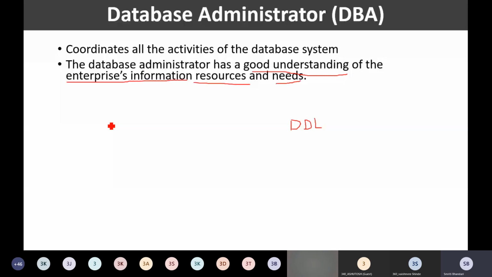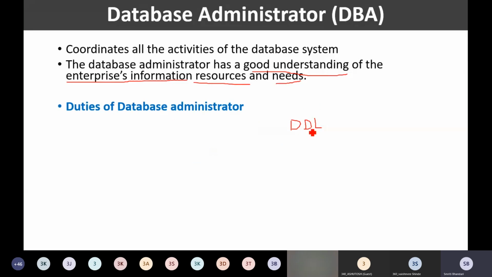The database administrator should understand each and everything about the organization with respect to the database systems, right? And then only it is possible for the database administrator to look after the entire database needs of the organization.